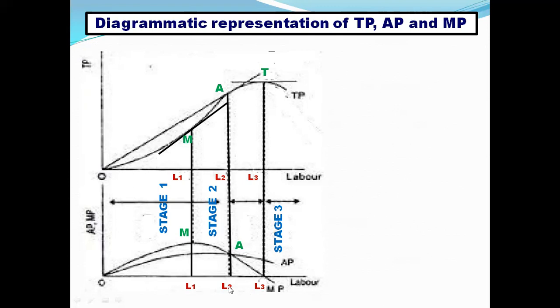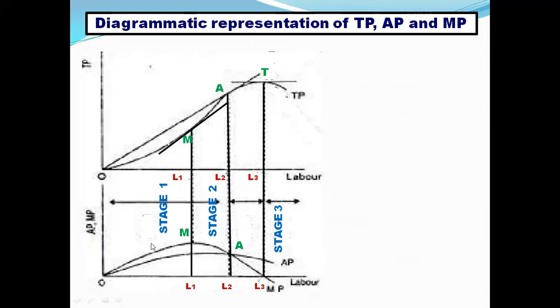Now last, you draw a tangent at maximum TP. So this is maximum TP because after this it starts decreasing, right? So this is maximum TP, and maximum TP corresponds to 0 MP on the lower panel. Here we have the lower panel, right? So this is 0 MP. Now we will draw the MP curve. So we have drawn the TP curve, we have drawn the tangents, and then we have drawn the vertical lines touching the horizontal axis on the lower panel, right?